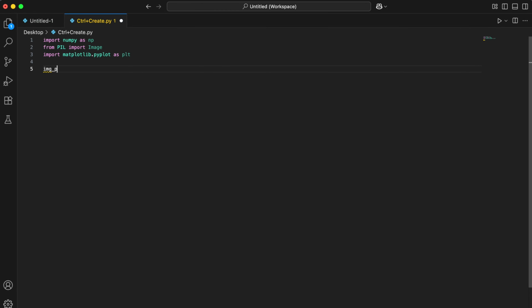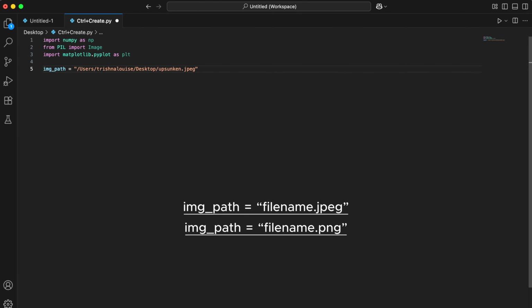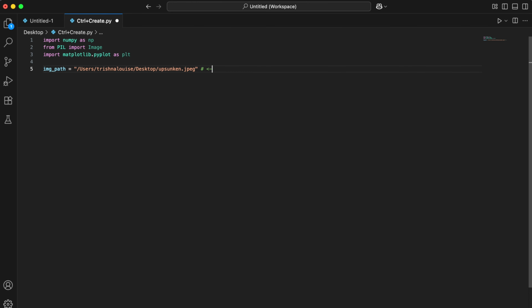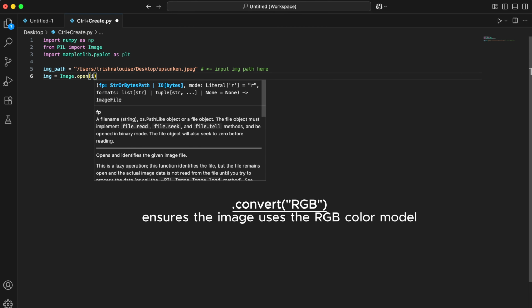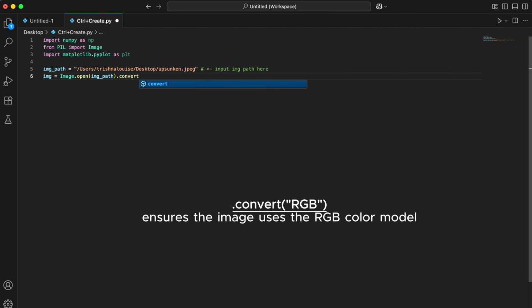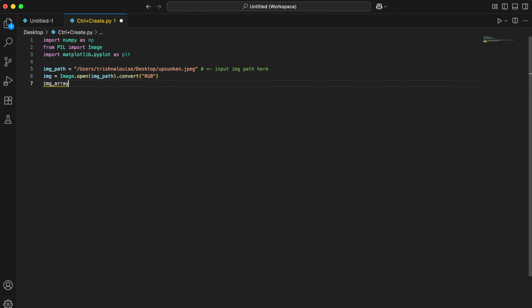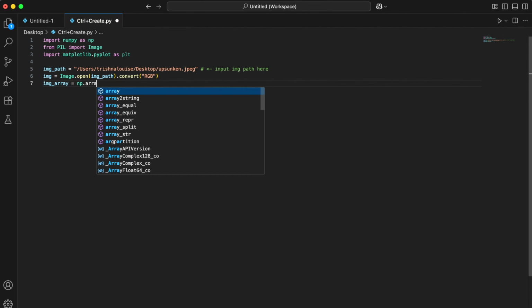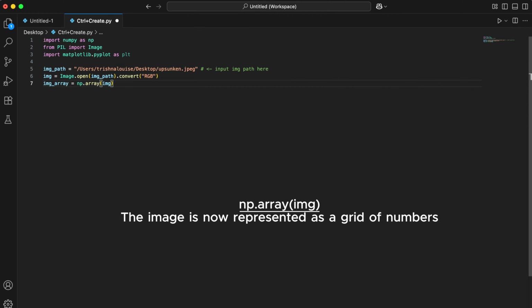First, to input the image in the code, use image_path equals an empty string, and inside the quotation marks, enter the file name and do not forget to add the file format like .jpeg or .png. Then, we must also open the image and convert it into an RGB color model to ensure a consistent color format when processing the image. After converting, we will now convert the image again to a NumPy array to represent the image as a grid